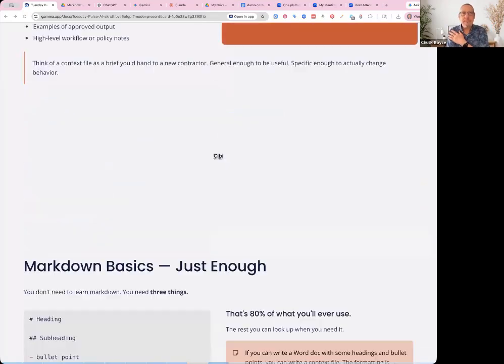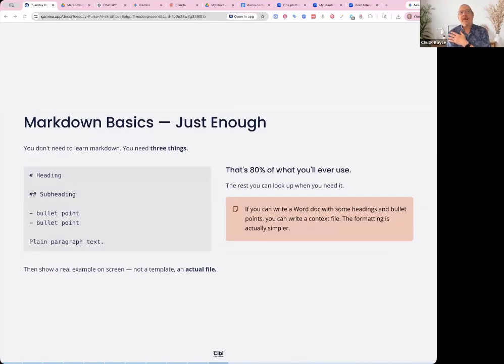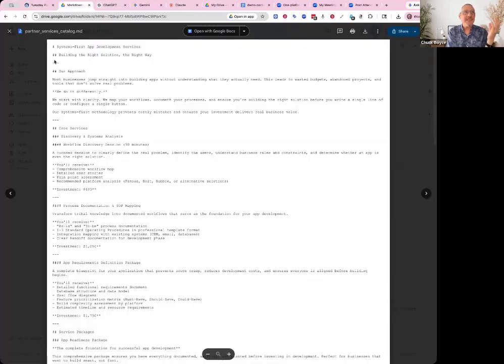So what a markdown file is, is really simple. You have a hashtag for a heading, double hashtags for subheadings, and a dash for a bullet point. Very, very easy to understand. Again, here is an example, a header. LLMs like this approach. It doesn't have to be that explicit, but it does help.